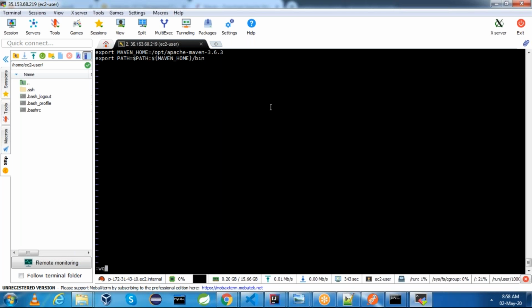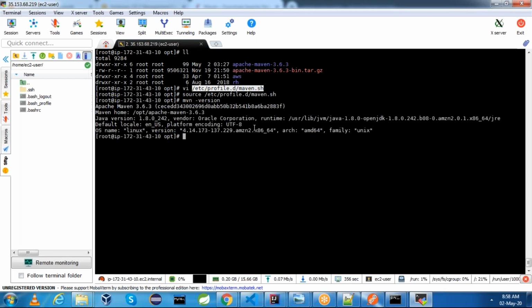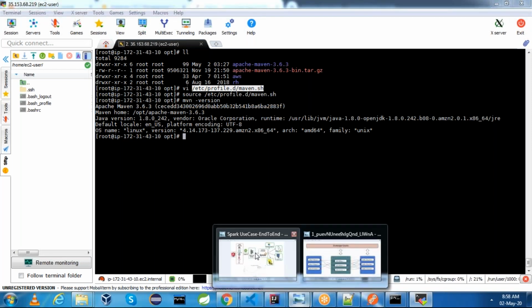Save this file and source this file. Source /etc/profile.d/maven.sh and then say mvn -version. We have mvn version. Now we have Angular CLI ready and we have Java and Maven ready, so that we